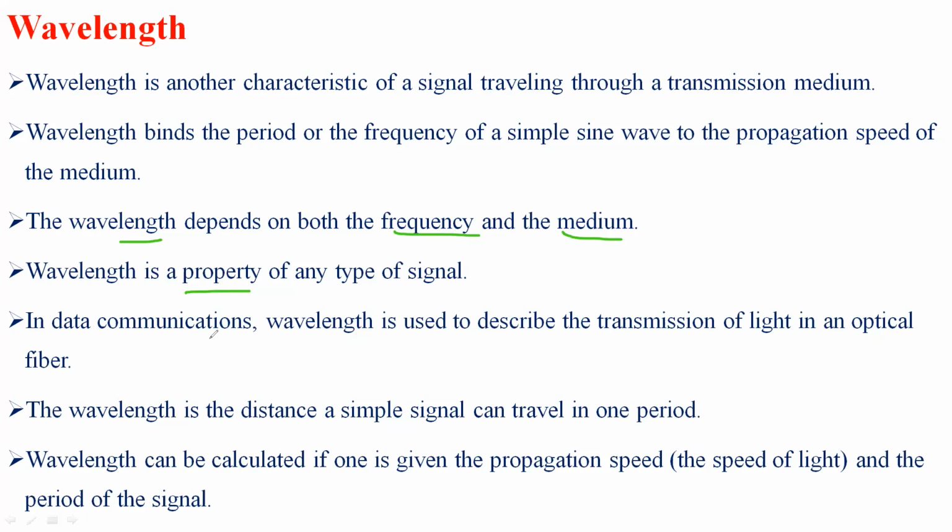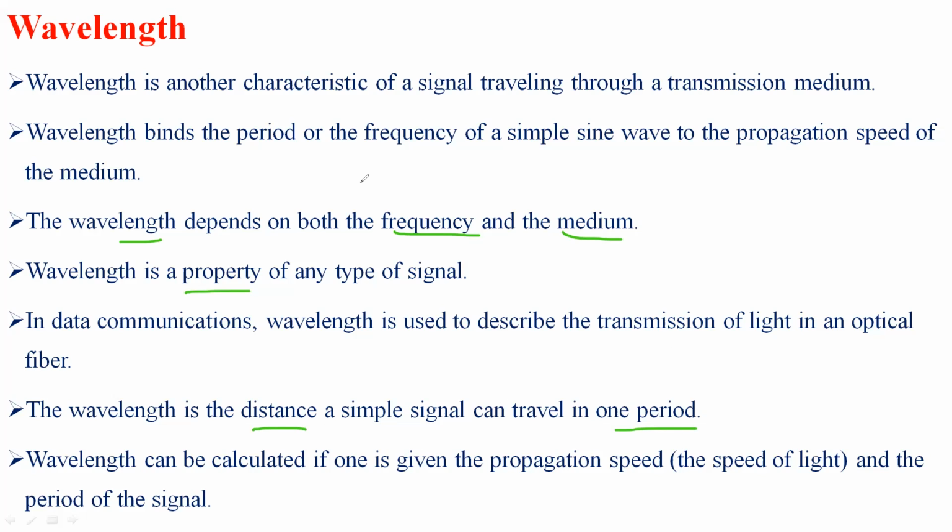Whenever we use wavelength in data communication, it is used to describe the transmission of light in optical fiber communication systems. So wavelength is used to describe the transmission of a particular light in an optical fiber channel. Wavelength is the distance a simple signal can travel in one particular period. So wavelength can be calculated from the propagation speed and the period of